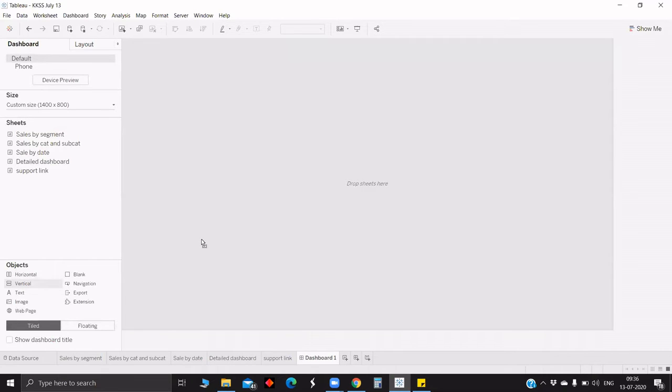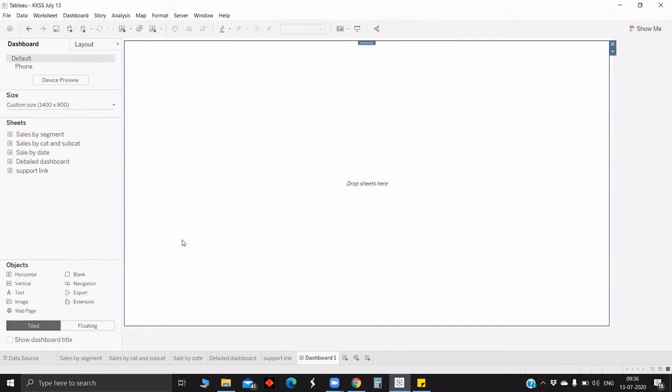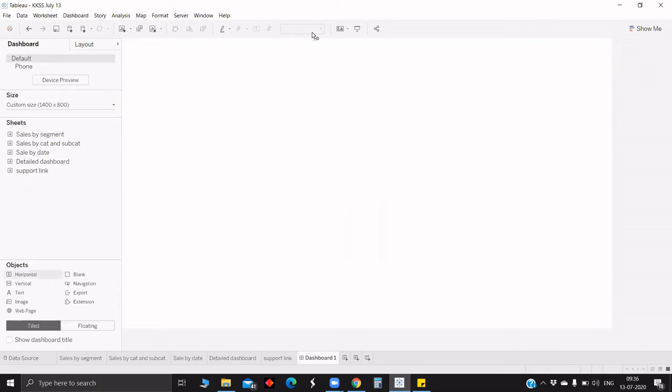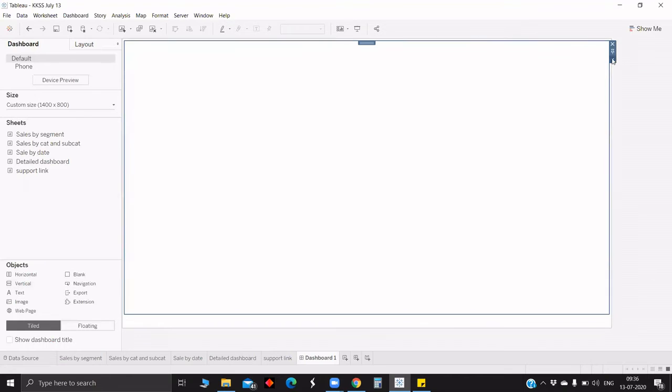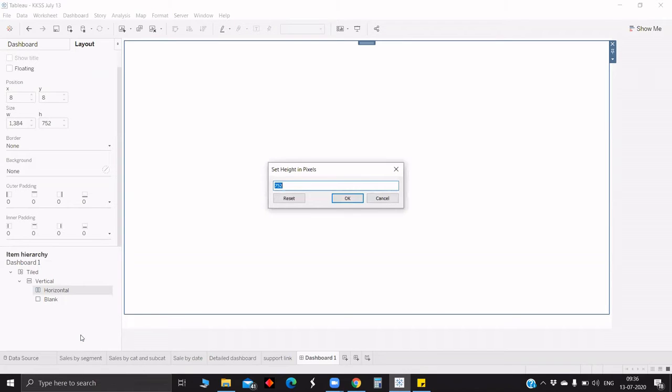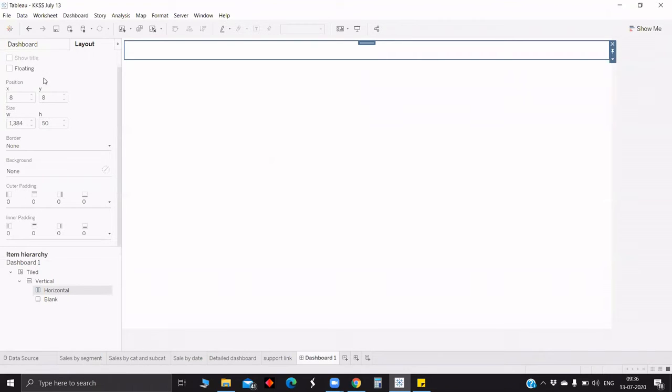Yeah, thank you. So first we are pulling the vertical, and now we'll put a blank. And again, now if we pull horizontal, in layout, horizontal, we will edit the height. Now this will be like a title block for this sheet.